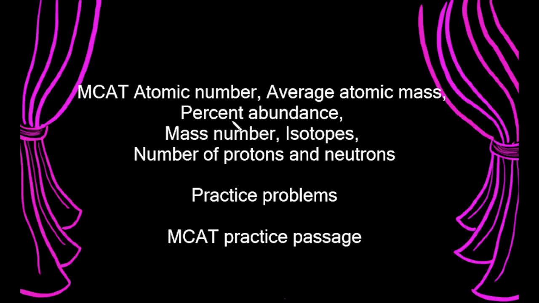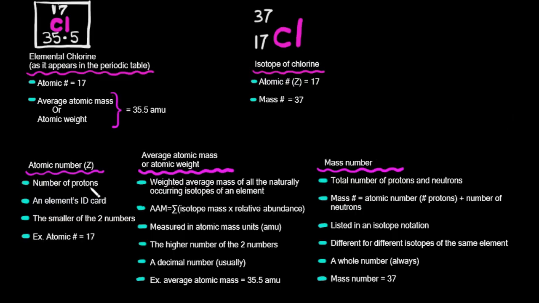Let's begin. So on this slide, you see a picture of elemental chlorine as it appears on the periodic table, along with an isotope of chlorine, chlorine 37. Different values are shown for each, and we are going to discuss in more detail what those values represent. Specifically, we will explain the atomic number, the average atomic mass, or sometimes called the atomic weight, and the mass